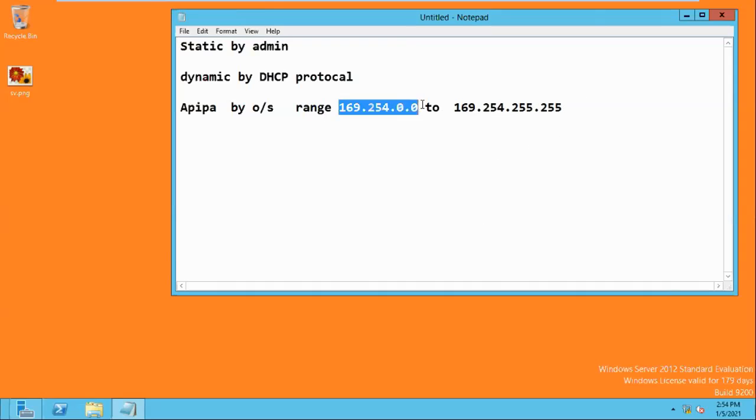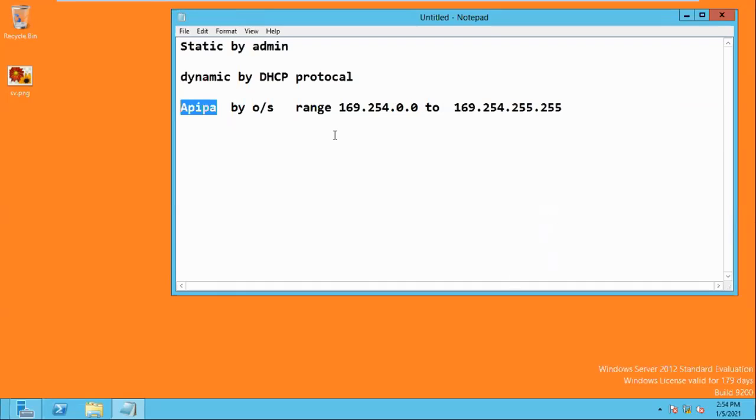This address, 169.254.0.1 to 255, any number you can find here, is obtained by the system automatically when the admin has not assigned an IP address, and the client contacts the DHCP server but the server does not reply.